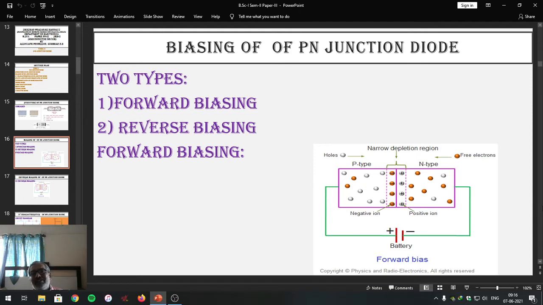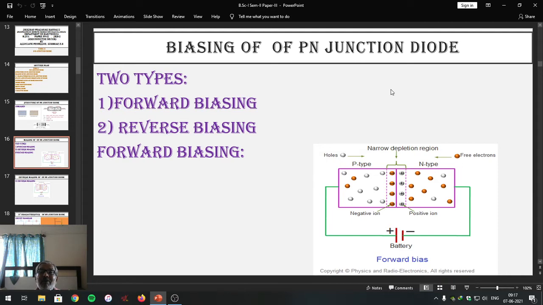Thus we studied that PN junction diode has a junction at the center, and very close to the junction on both sides there are immobile positive and negative ions setting up the barrier potential, so that the diffusion process is totally stopped, and thus the structure of PN junction diode is formed. We have studied this aspect along with its symbol.